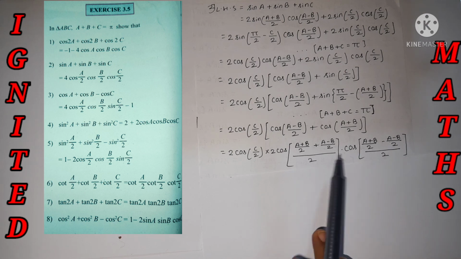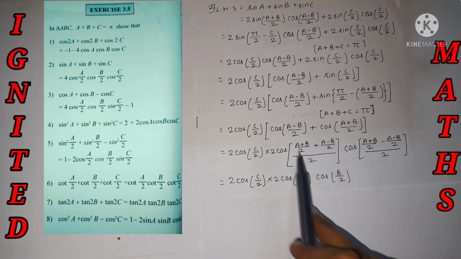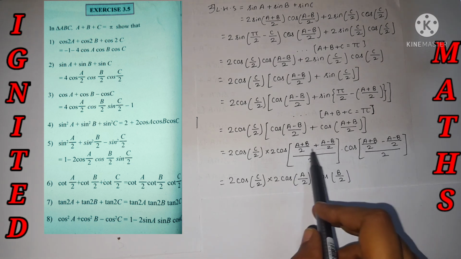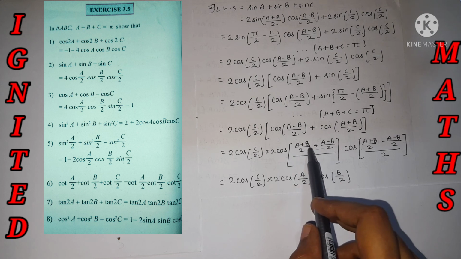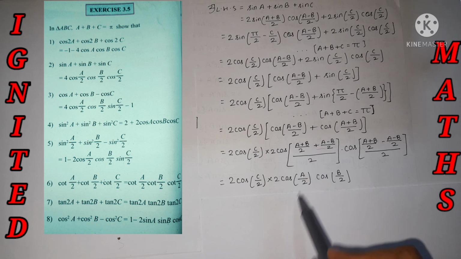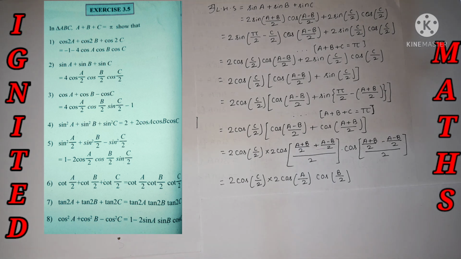So if we do the calculation over here, we will get the answer as 2 cos A by 2 into cos B by 2. I'll show the construction part of the left hand side. Take the denominator the same, 2A plus B plus A minus B at the numerator. So the B cancels, 2A by 2, so again the 2 cancels. I'll show all the construction on the left hand side, don't worry, and that is nothing but the RHS value.